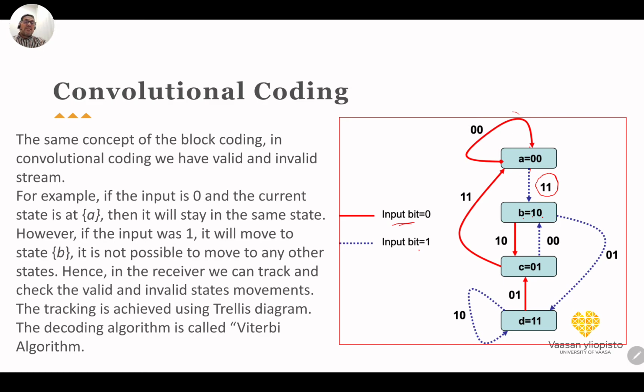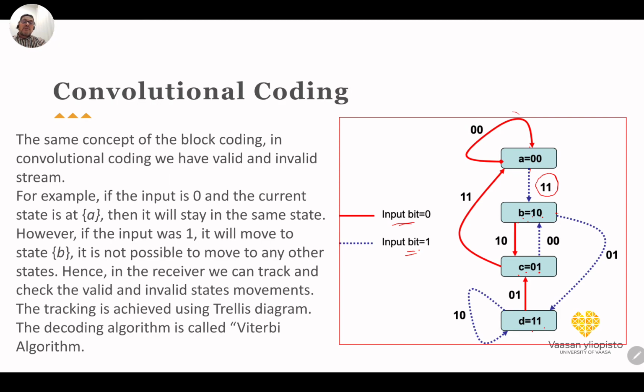If you are in state B and the input is 0, you will go to the state 0 1. If the input is 1, it will go to state 1 1, and so on. So this finite state machine describes how the states are moving,